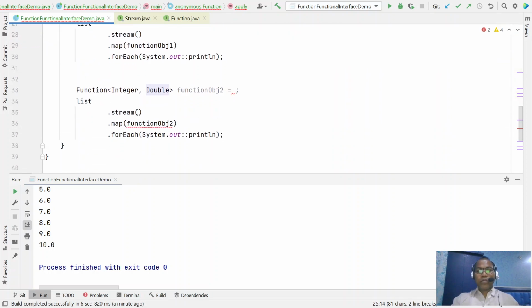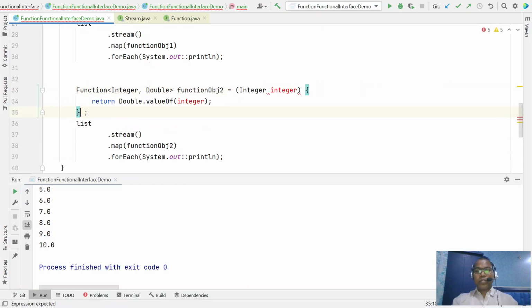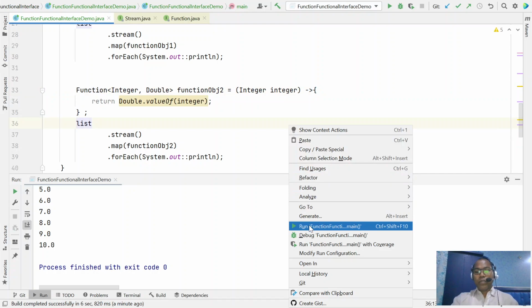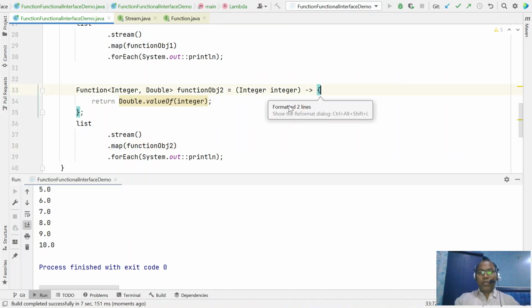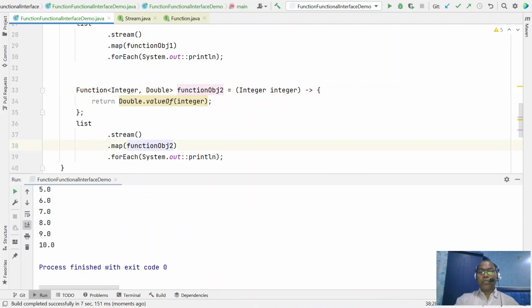So you can just place this here, and between your input parameter and the definition of the method you can just place your curly braces. Now in this way you can pass any method that expects your functional type using a lambda expression. So this is the lambda expression you can pass, it works.